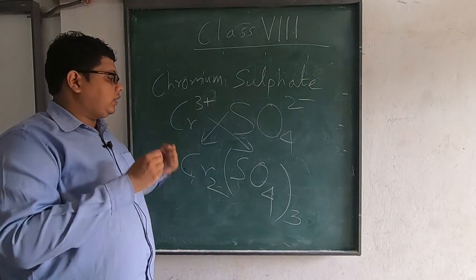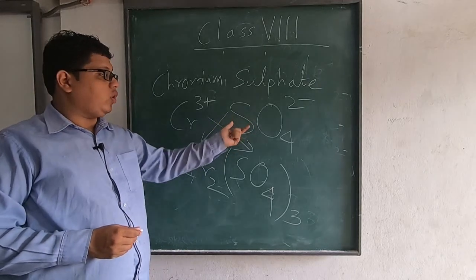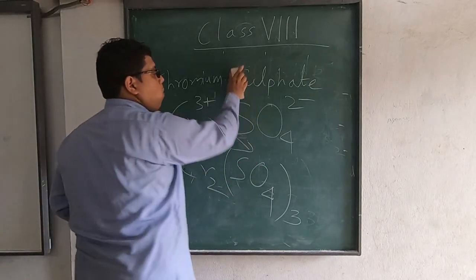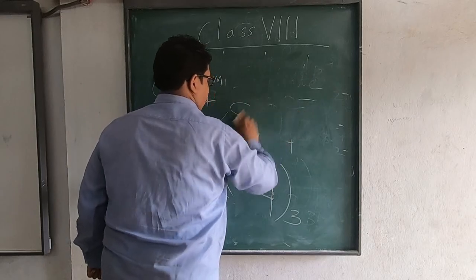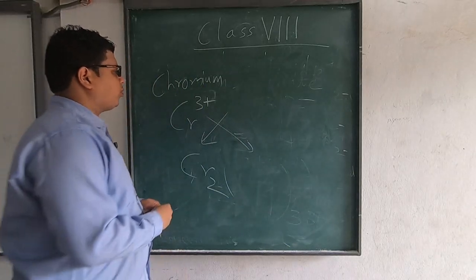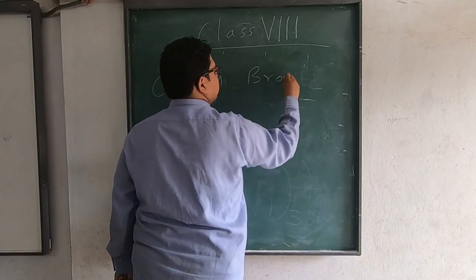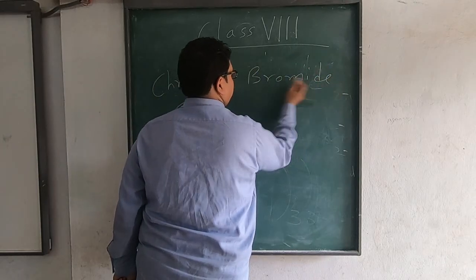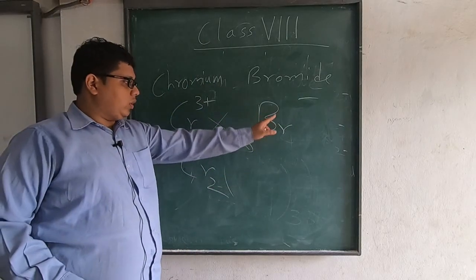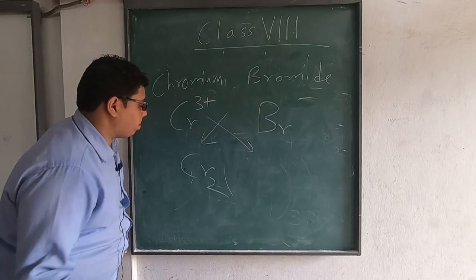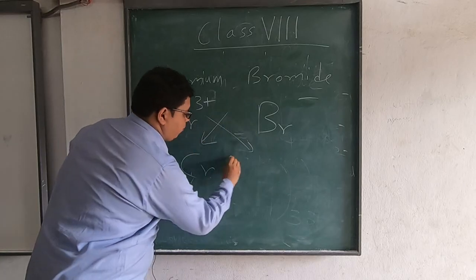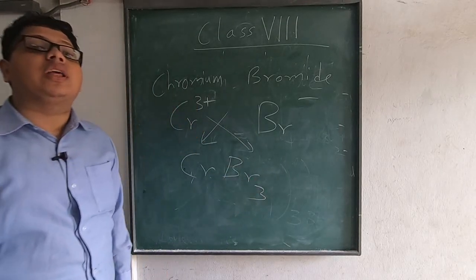Now, if it was not such a case, if it was not SO4, not a compound radical, but a simple radical, say something like bromide. So bromide is Br minus simply. Now this minus means minus 1. So 1 we don't write, so nothing will be below Cr. But this 3 will come below bromine, Br. This time we did not give a bracket.